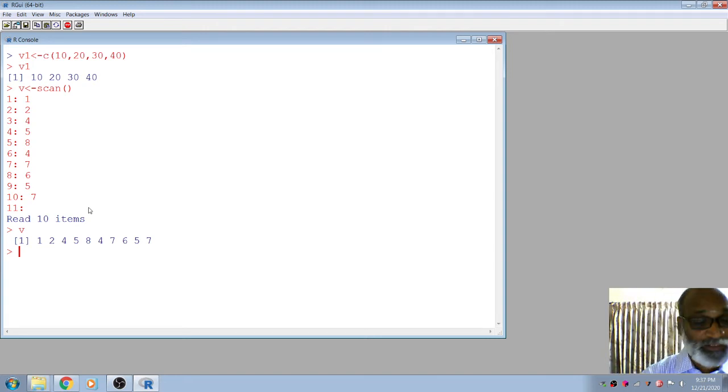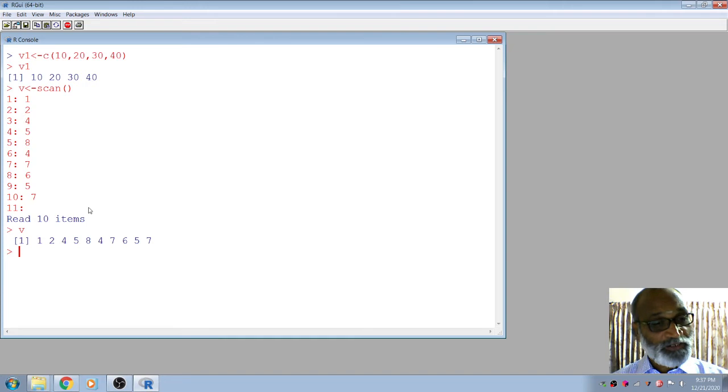Similarly, you can create a vector using the assign function also. For example, I can create a vector d by using the assign function. Assign, the name of the vector is d. You can give the values like that: c(5, 10, 15, 20, 25).